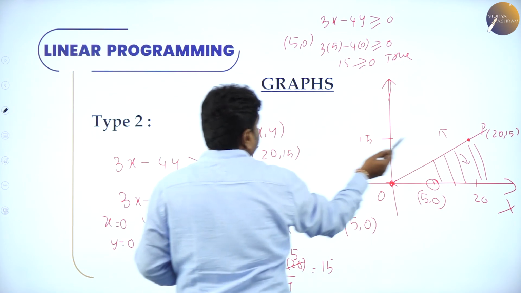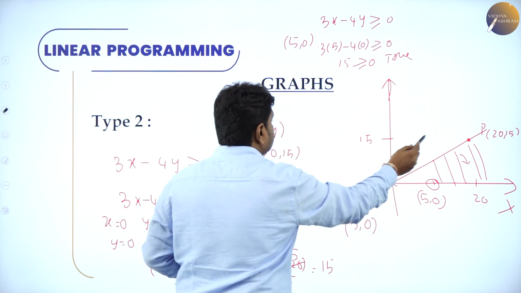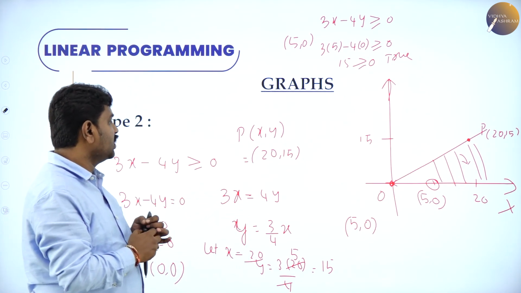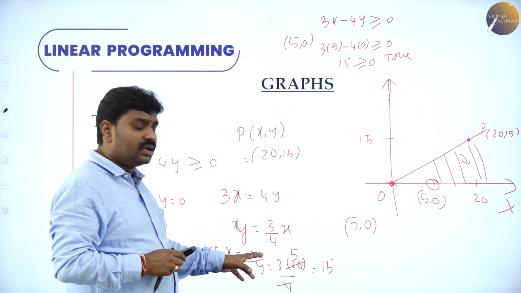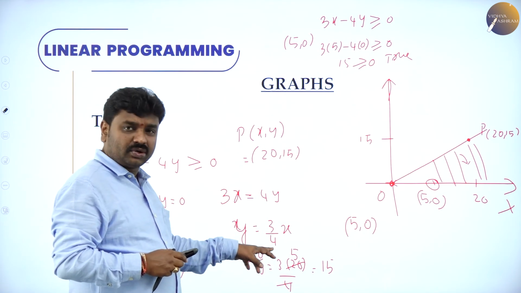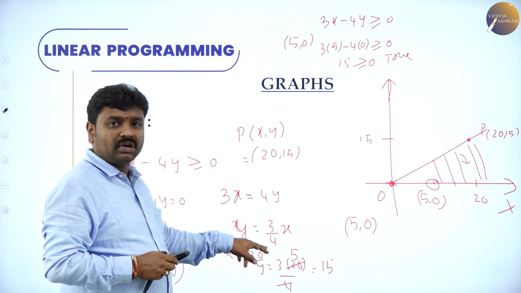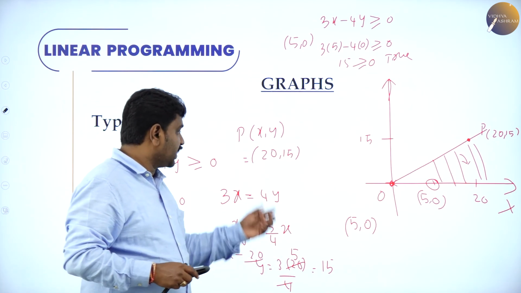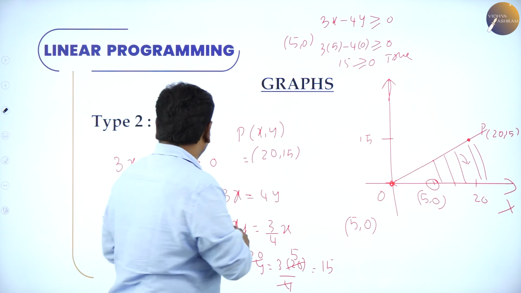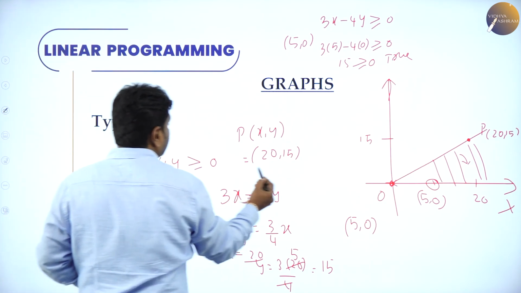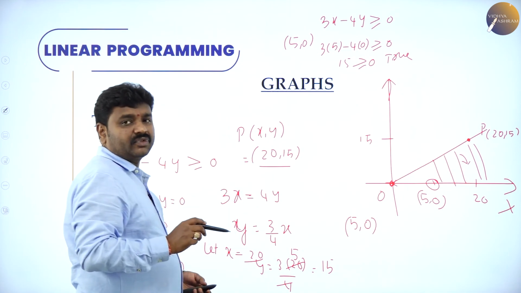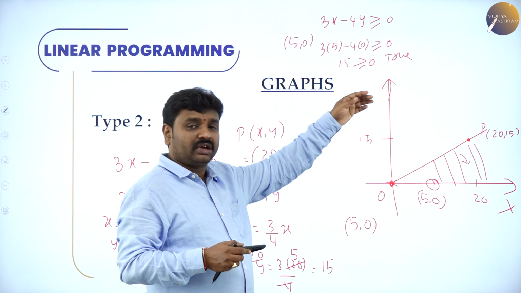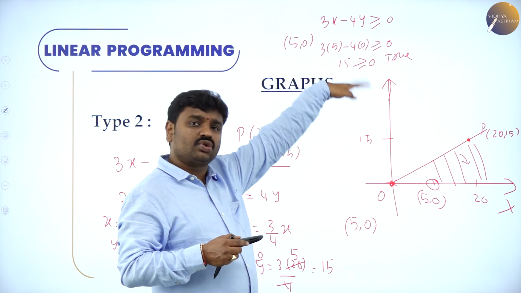So this is a line passing through the origin. How to decide a line is passing through the origin? If only x and y terms are there, if a constant is not there, it passes through the origin. Make y the subject, and if you get a fraction, look at the denominator and decide x. I saw 4, so I'll take a multiple of 4. x I'll take 20 or 40 like that. Then I'll get y. x and y I'll club together and I get 1 point. After you club x and y, you'll get a point, plot that point and stretch the line. And for shading of the line, choose a point on the x-axis, substitute. If the inequality is true, then go towards the x-axis. If you get the inequality false, go away from the x-axis.